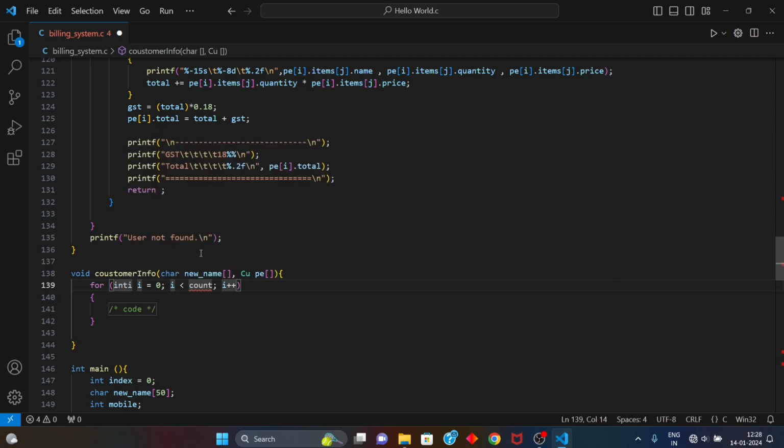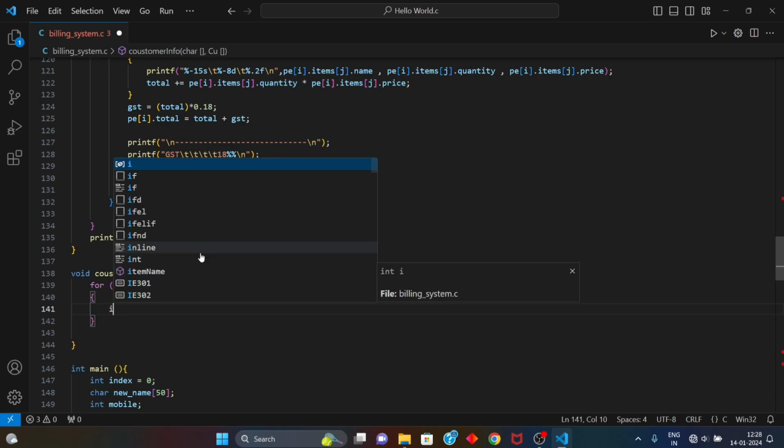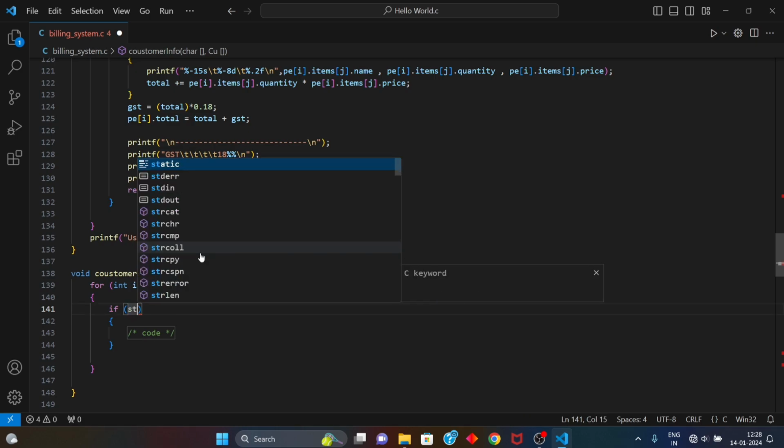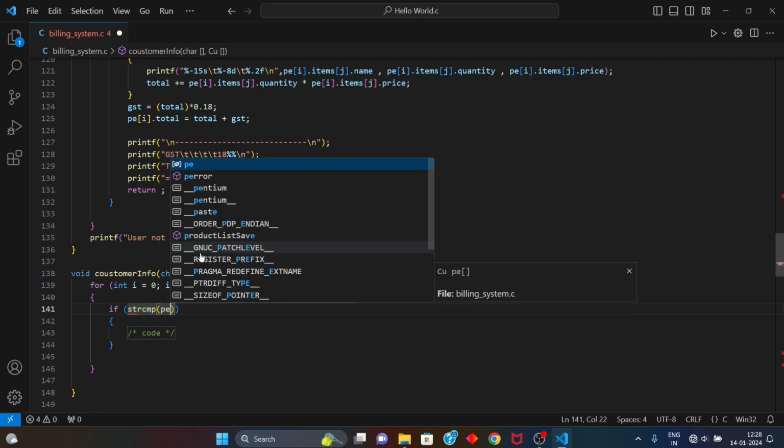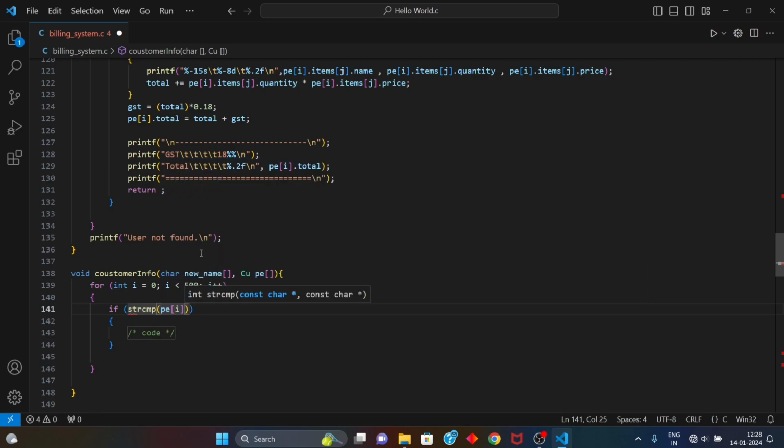int i is equal to 0, count 500. Then if strcmp, compare p[i].name is equal to new name is equal to the 0, is true, then